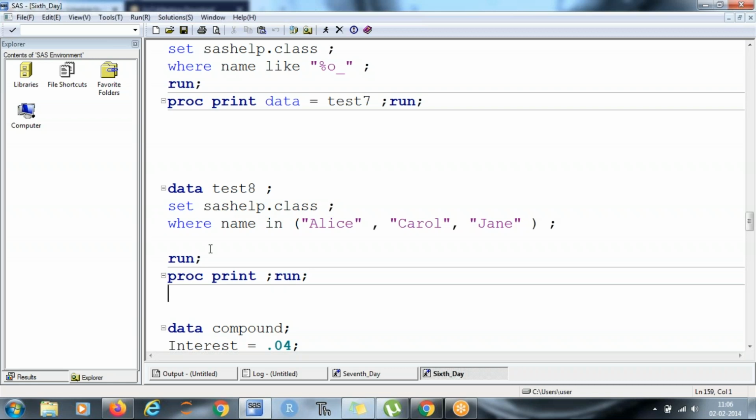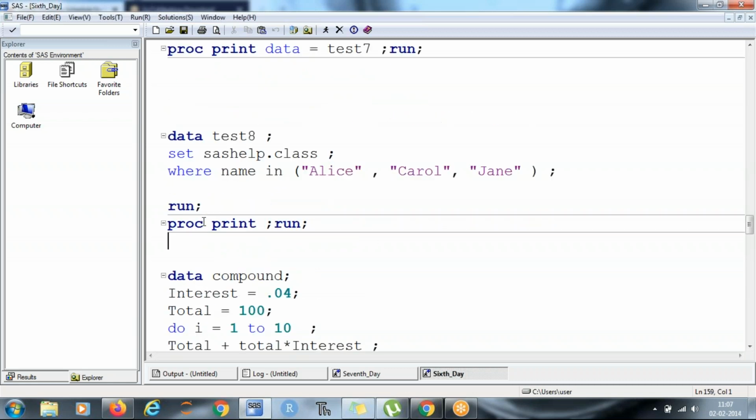So the question is, I just want to calculate in how many years my money would double with a 4% interest rate, and the interest is compounded. All right, so let's do this. First I am defining my interest rate and my amount.